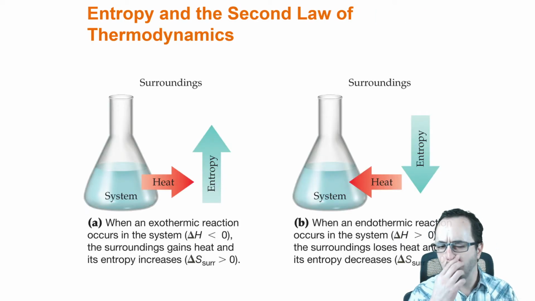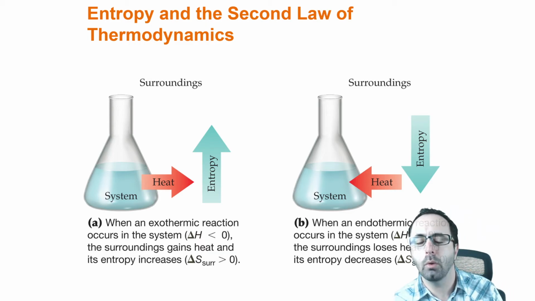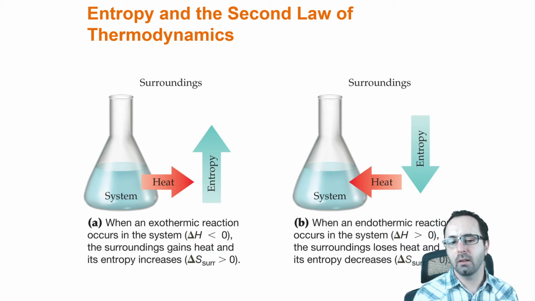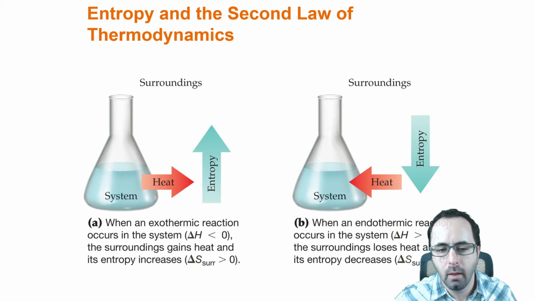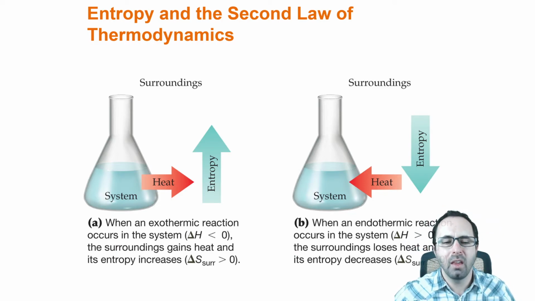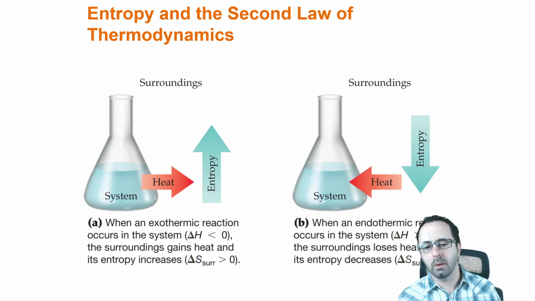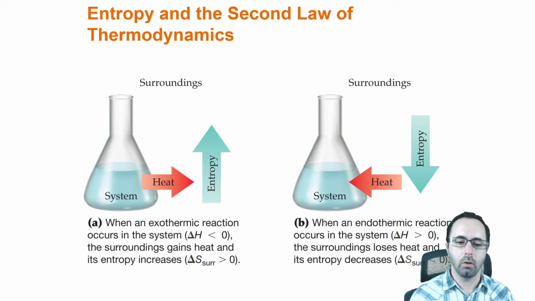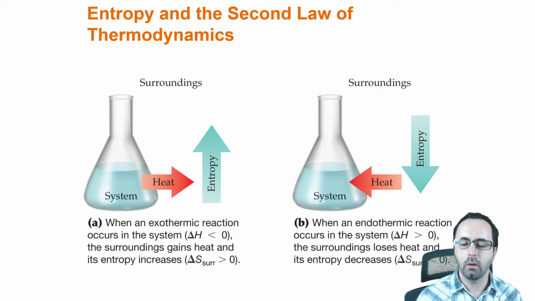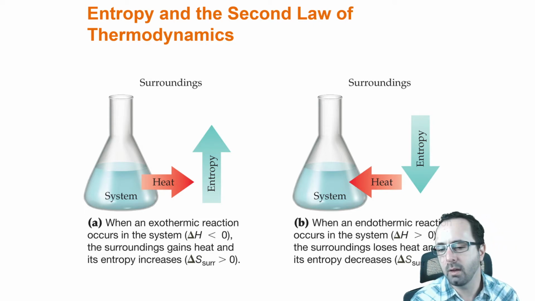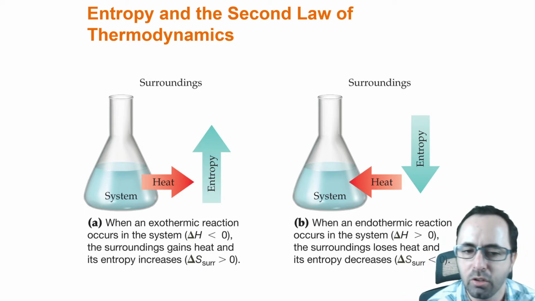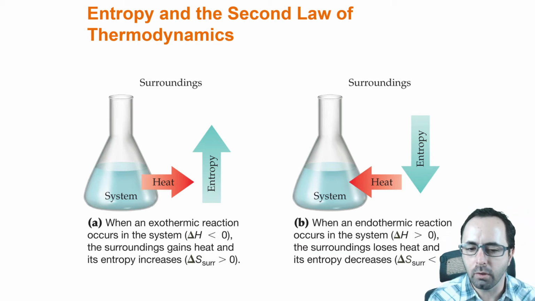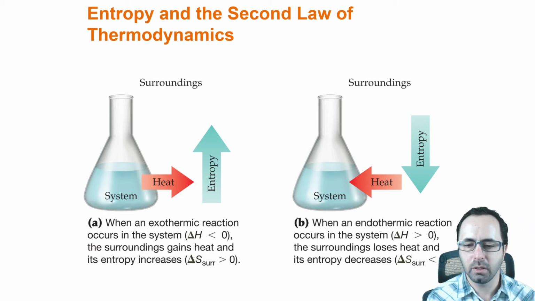When it comes to relating exothermic and endothermic to entropy, this is really important because, as I was saying, a lot of reactions that we think of as spontaneous are exothermic, like things that are burning or exploding. Things that happen on their own a lot of times are exothermic. So big question, now that we know that spontaneous reactions are also always those in which the entropy change of the universe is positive, how does exothermic relate to entropy changes?